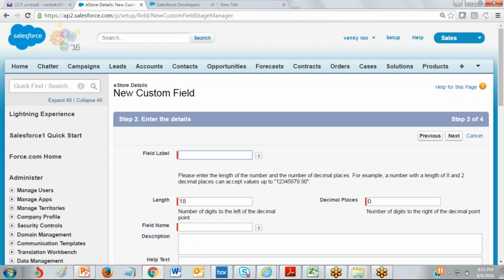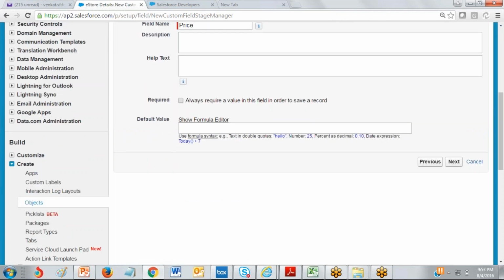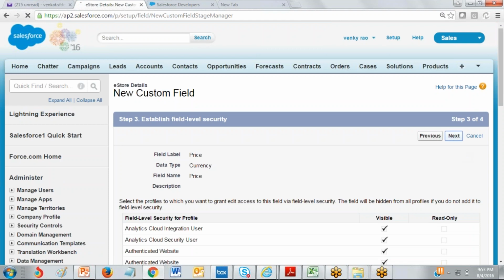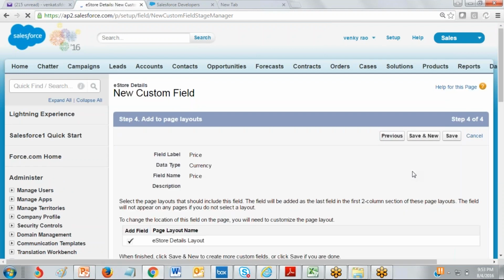So here I'm entering price. Now this time I'll take decimal places also, 6 comma 2 decimal places, as per my business requirement, as per the customer requirement. This field is also mandatory, required. If you know Oracle and all, it's a not null constraint. Okay, required means not null. Click on next. Next. Save and new,